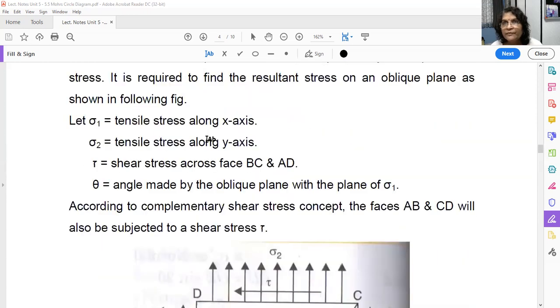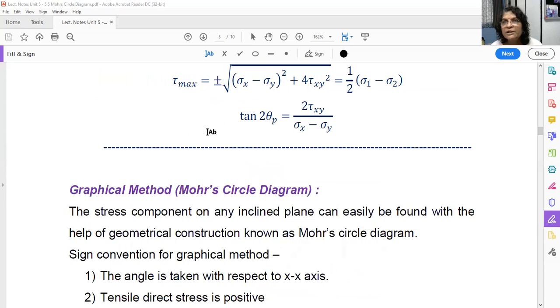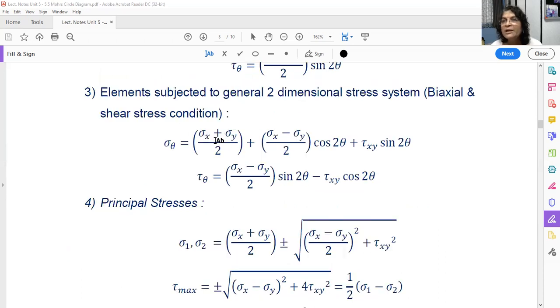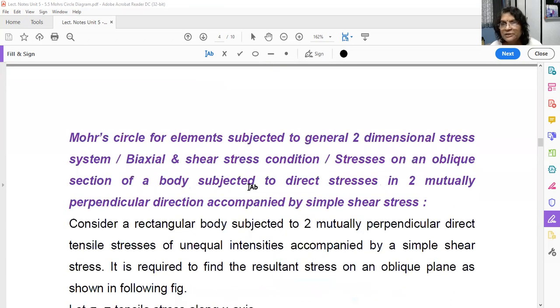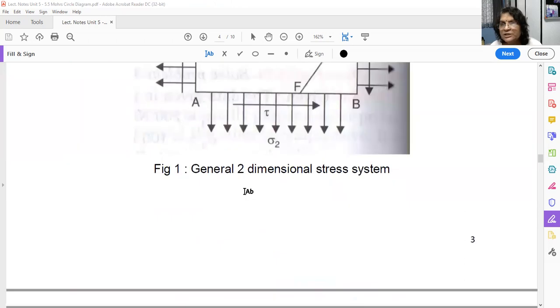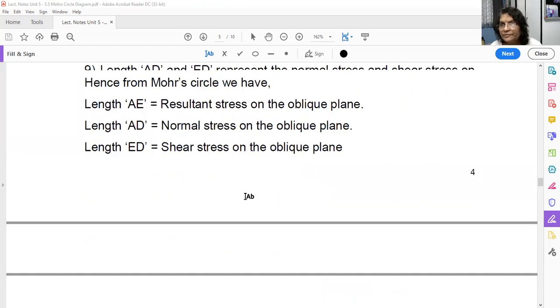See, this one. Okay, only here I have written in terms of x and y. Okay, so this is sigma 1 plus sigma 2 like this. Understood? Now we have to derive this formula. Tau theta, that is tau n or sigma t, is equal to sigma 1 minus sigma 2 by 2 into sin 2 theta minus tau cos 2 theta. Okay, so very simple geometry is there. Again, you have to consider geometry only.